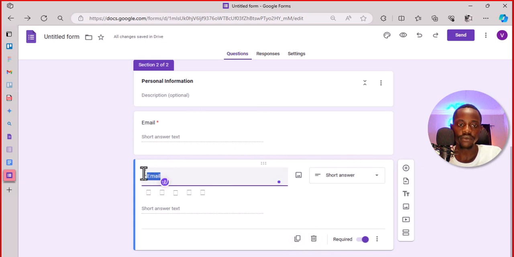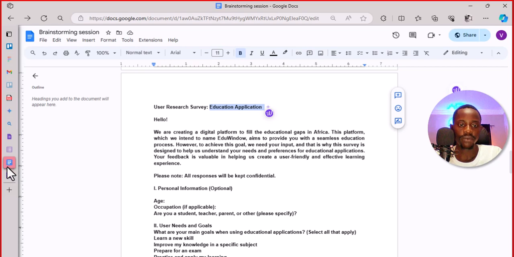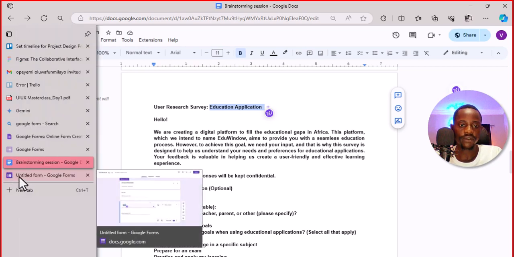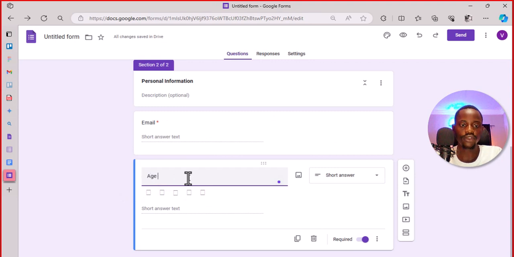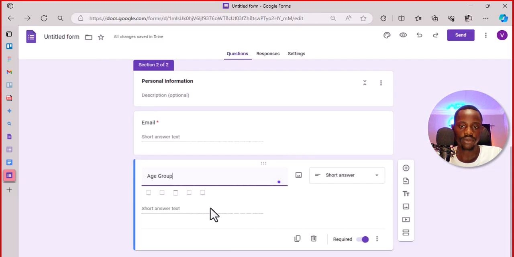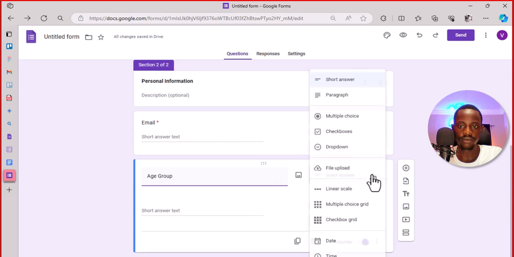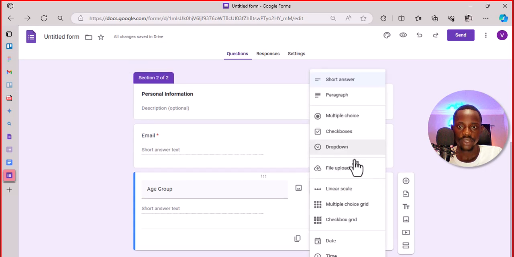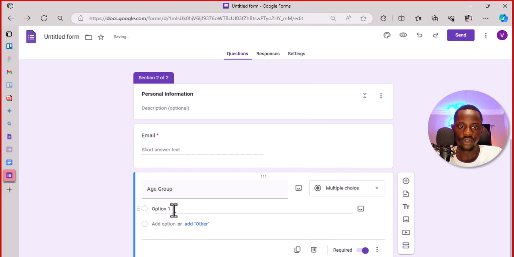So this one, let's ask for age group. Options. Let's start with, because young people too might want to, we will need young people too as students to use our application, right? So we can start with 10-year-old to 20,